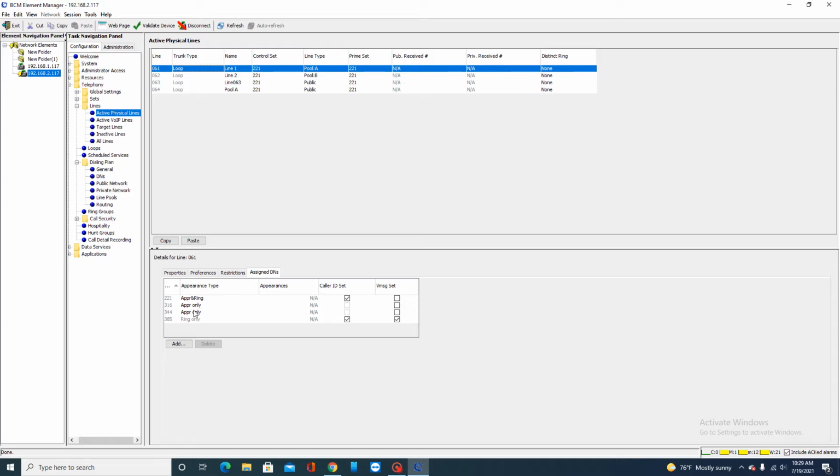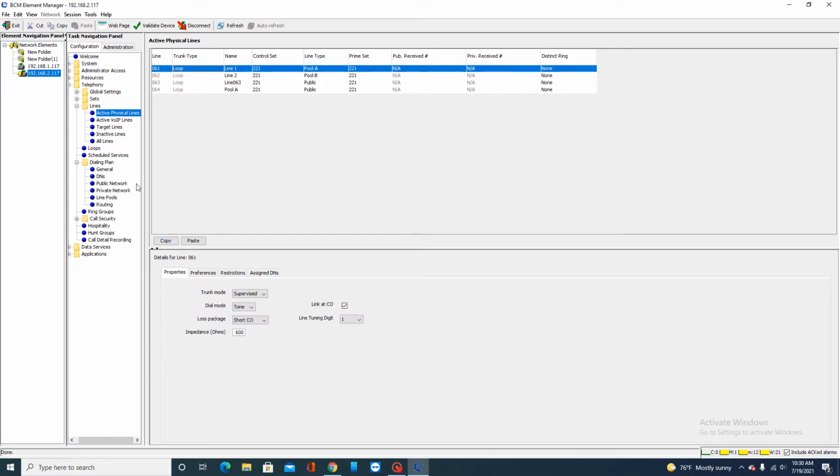That's not what this video is about. That's the simple way to do it, but we're not doing it the simple way. We're using access codes, so it's going to be acting like a PBX, not a KSU. This is a KSU, not a PBX, because it uses keys. It doesn't use access codes. You can use keys with it. I'm not going into what the difference is between a KSU and a PBX, but it's going to be acting like a PBX. Now that you have your access code and the line pull itself set up,